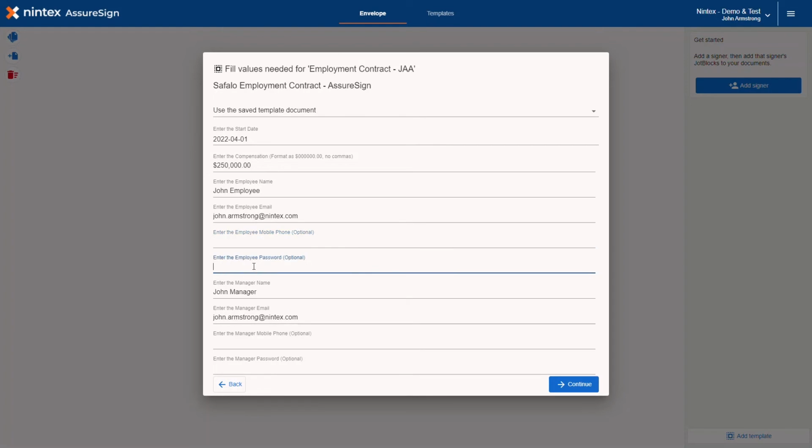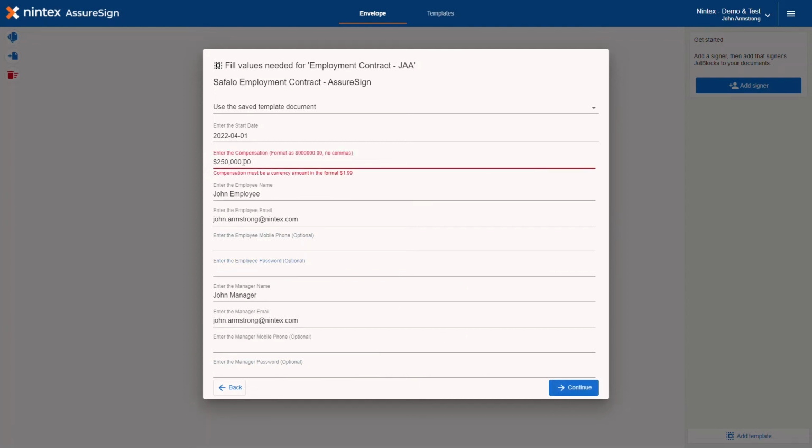You can also lock these envelopes down with a password. And as you can see, you can have unique passwords per signer, so that the person must verify with that password or with a code that is texted to them. So that mobile authentication, that SMS authentication, is also an option. I'm going to continue on here